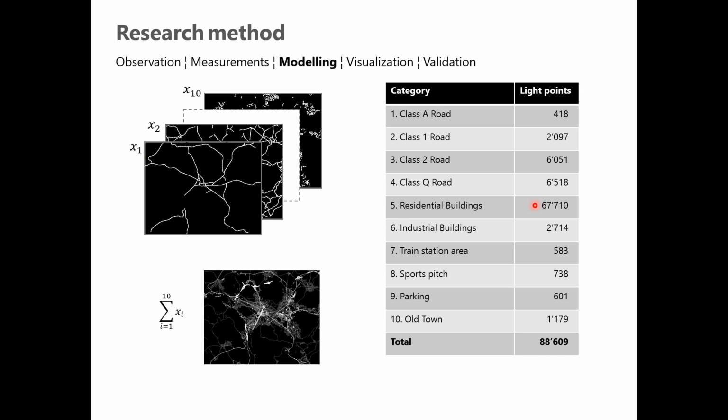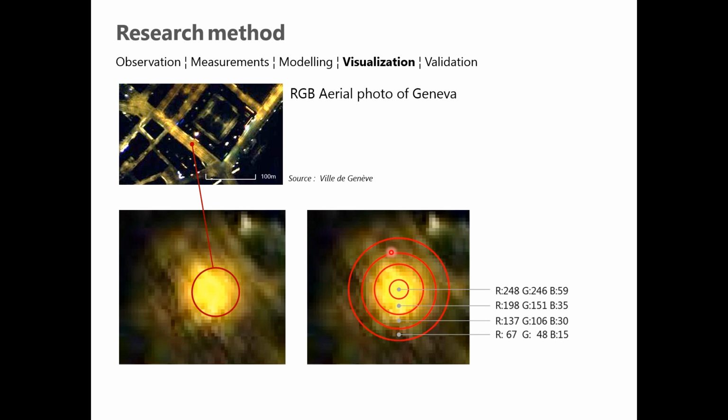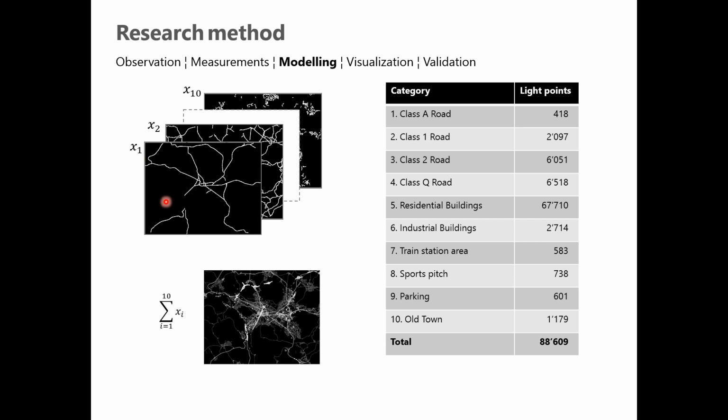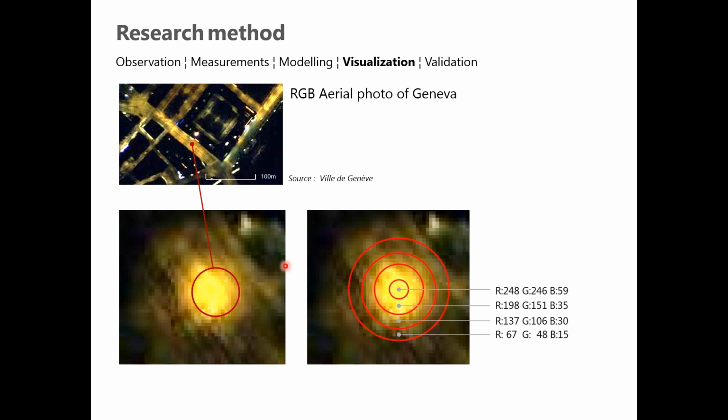This was done for all the categories, for all the light points. Residential buildings had the most light points. Almost 100,000 light points were modeled like this. In ArcGIS, putting all the layers together, it comes out in black and white. So I had to find a way to visualize it in a way that looks natural. I took aerial images from another project, a light pollution project in Geneva, and applied the